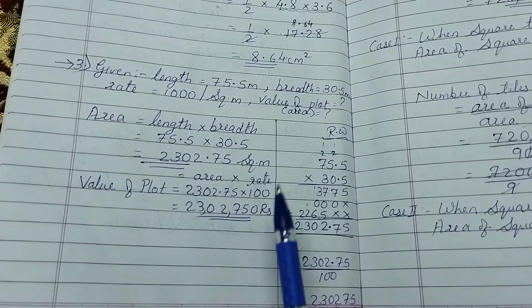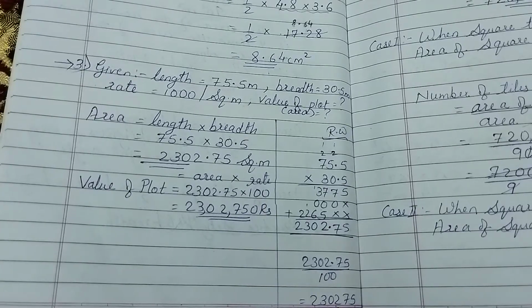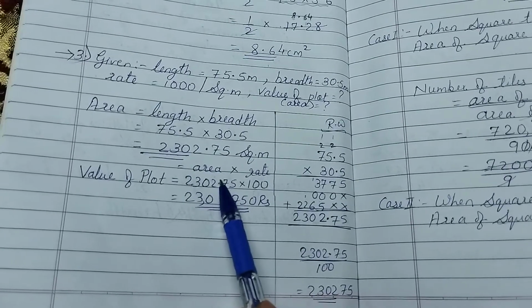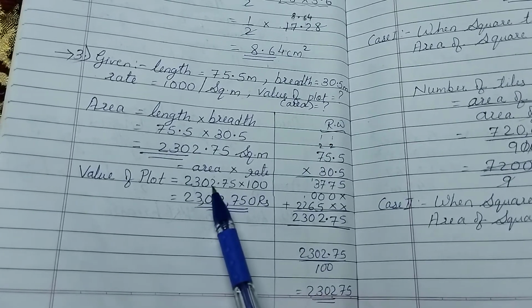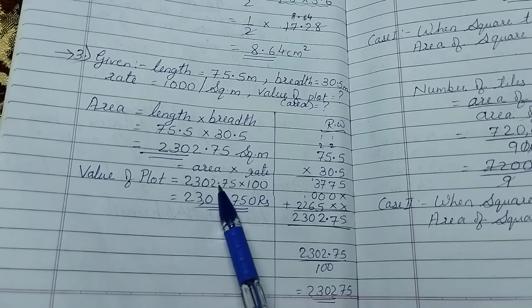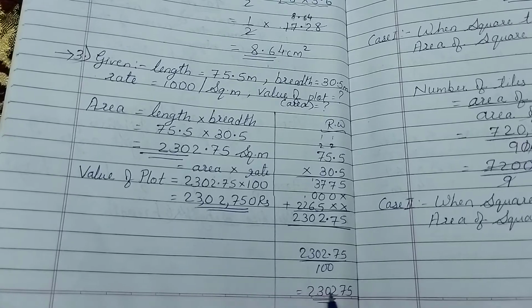Now I want to show you why this has come. As you can see here, a decimal is there, and multiplying by 1000. As you know, there are two decimal places, so you will cancel this and the point will be removed. So your normal answer will be in this way. See here.